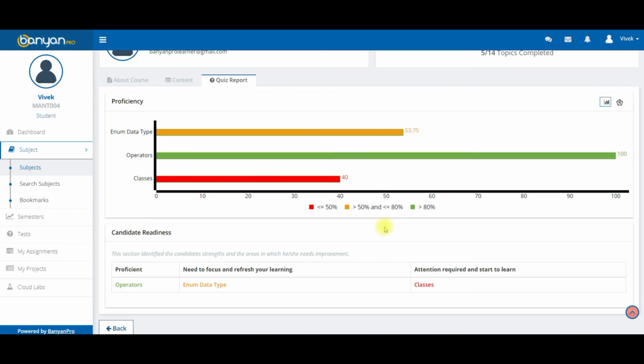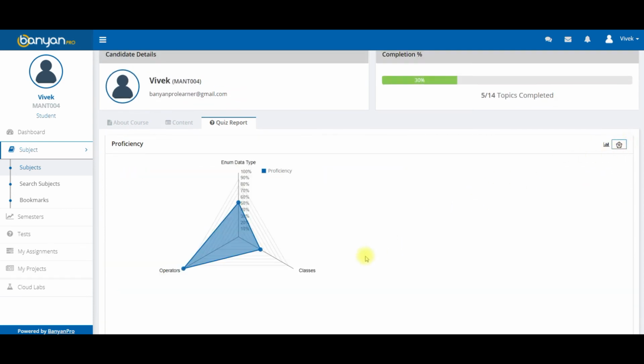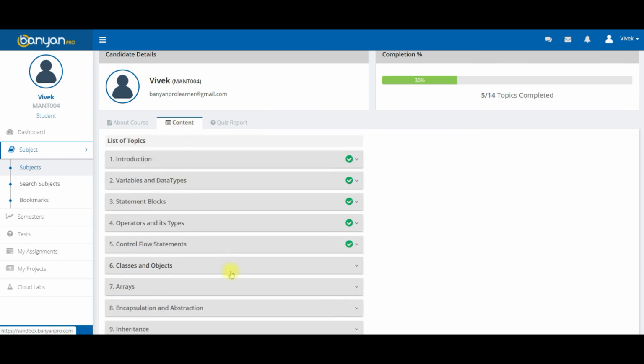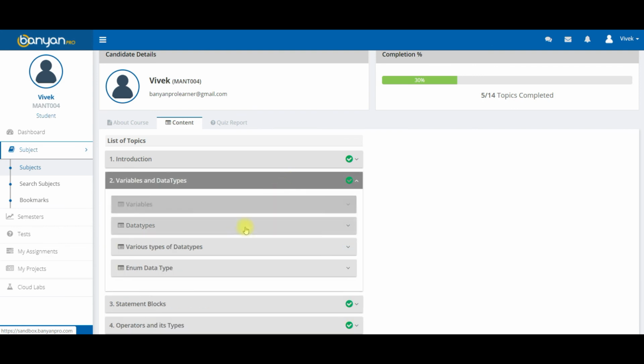They can also use different types of charts to view their proficiency level or progress very clearly. Also, they can go to the list of topics to see the topic wise completion and topic wise test and what is my score on each attempt.